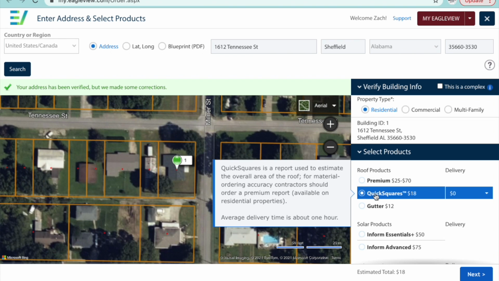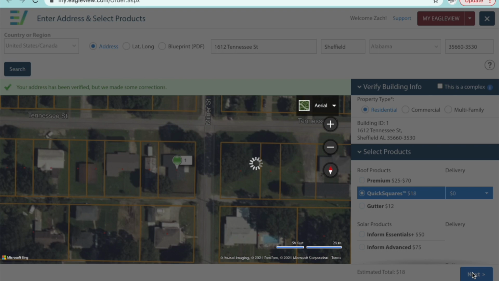Now, if you have a very complicated or cut up roof that's got multiple hips and ridges and gables and a mansard roof, things like that, you may want to go ahead and get the premium report. But if it's just a very simple residential roof, there's nothing wrong with just going ahead and ordering the quick squares. So you're going to go ahead and click this, hit next,